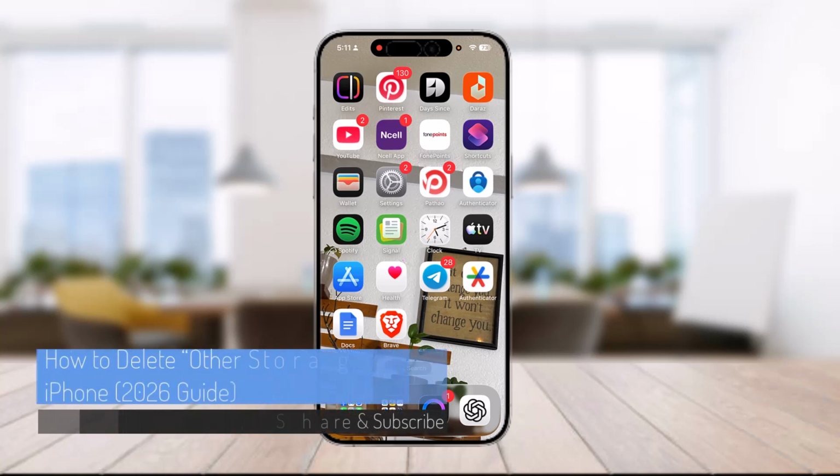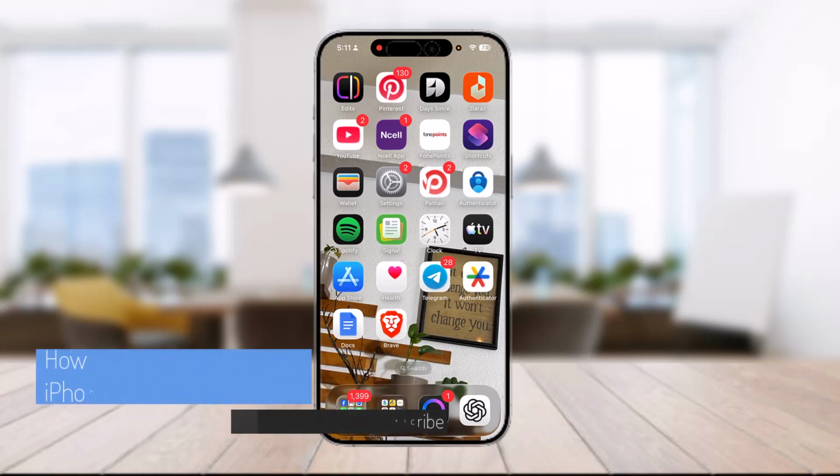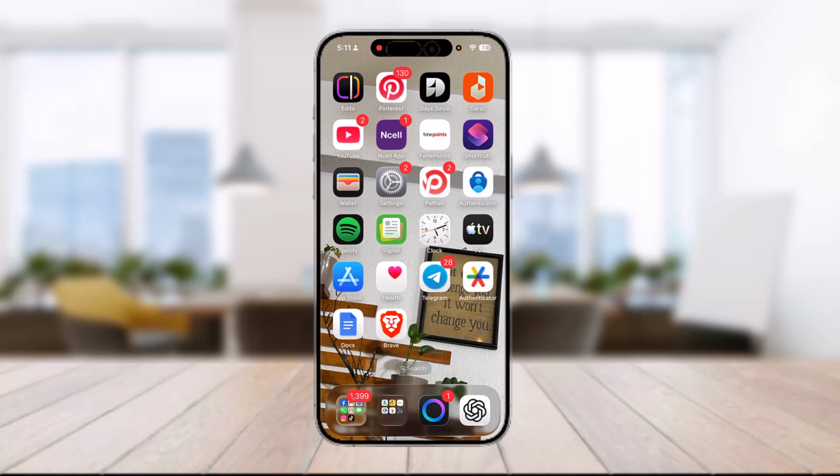In this video, we're going to be talking about how to delete the other storage on iPhone. So let's just get straight into the video. This is going to be the most truthful video you're going to be watching on the internet, so watch it